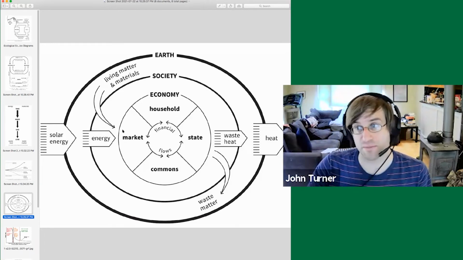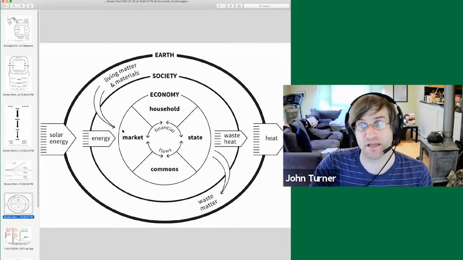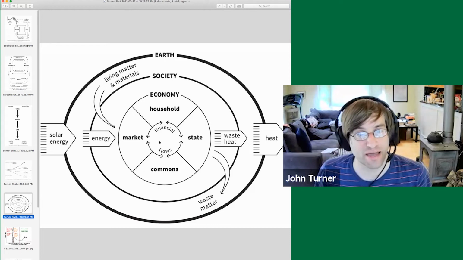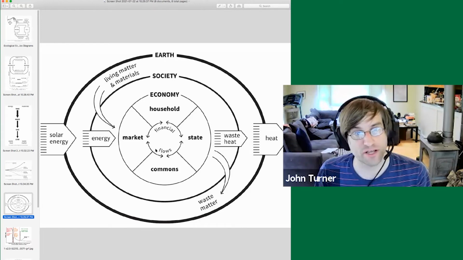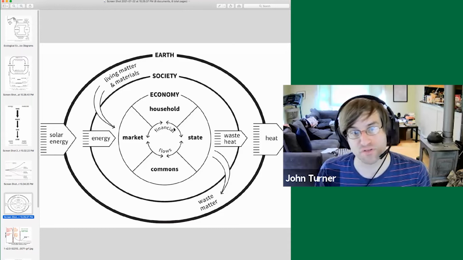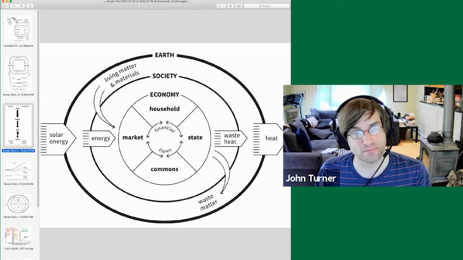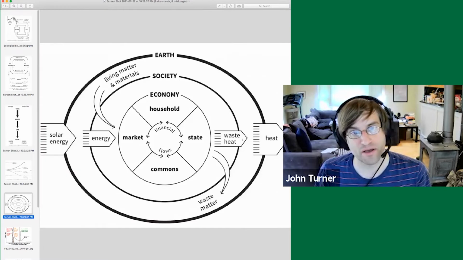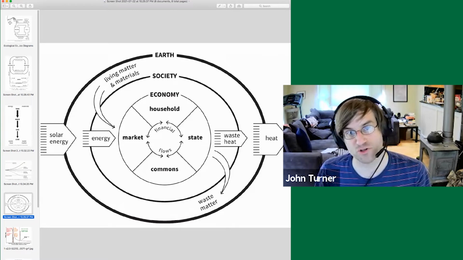I want something, so I bid or I have an ask, and someone determines whether or not they can satisfy that bid or that ask. And there are financial flows between each of these portions of the way that the economy is organized. Out of this process, you get waste matter, back on our earlier diagram, and waste heat. Heat is also a much larger loss, right?